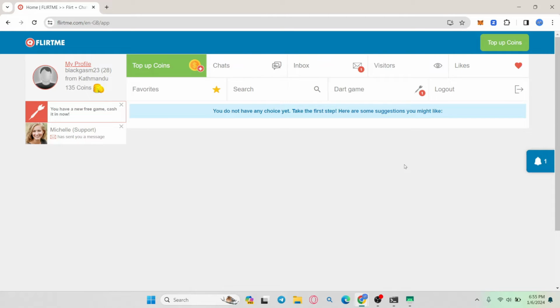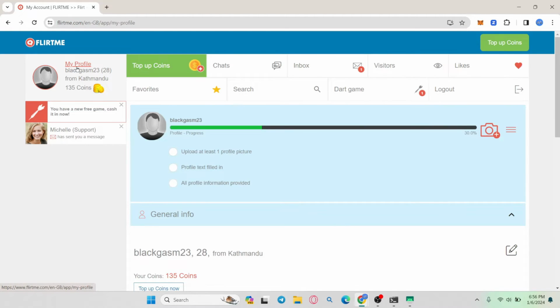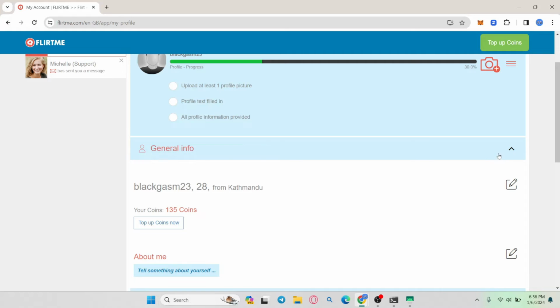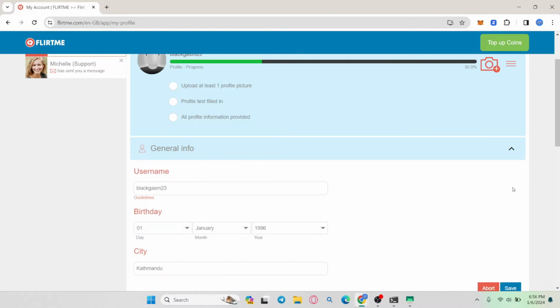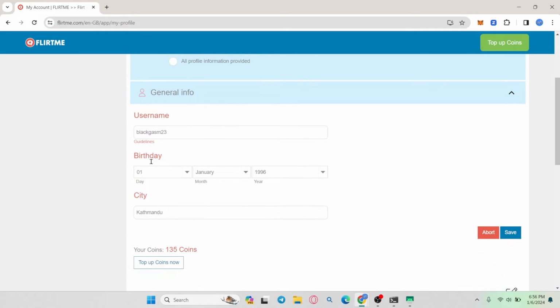After logging into your account, if you wish to change your username, just click on My Profile at the top left section. You will then be taken into your profile page. Now, from your profile page, underneath the General Info button, you will find your username. You can tap on the Edit button at the right side of your username and you will be able to